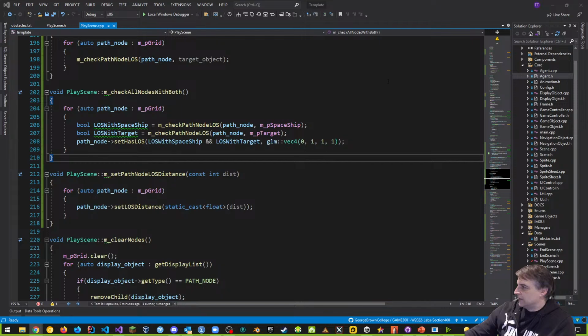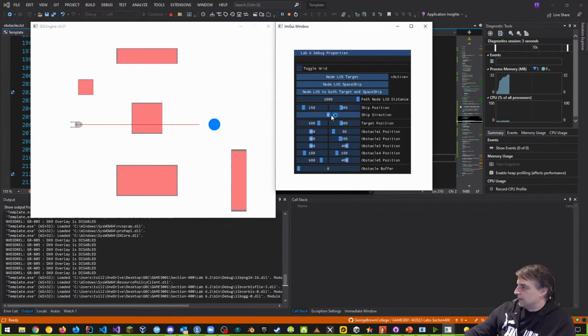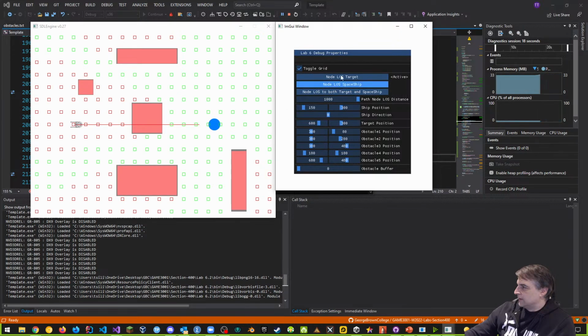Can you click on the line of sight target button for a second? One sec. Line of sight target. Which button would that be? This one or this one? This one. Okay. So I can move back and forth from one of these, right?